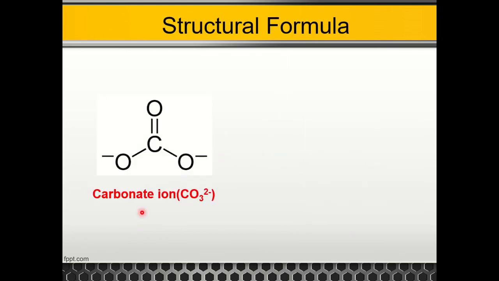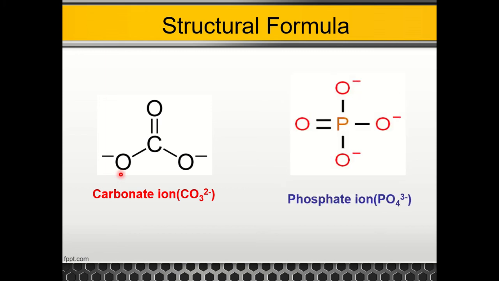Now, the carbonate radical. If you know the structural formula of the carbonate radical, then you can write the formulas of all the compounds that are made with the carbonate radical. In carbonate, the valency of carbon is 4. So, by 2 hands it holds 1 oxygen atom, and by these other 2 hands it holds 2 oxygen atoms. So both oxygens have 1 free hand, and by these 2 hands they can hold 2 monovalent radicals or monovalent atoms, or 1 divalent radical or divalent atom.